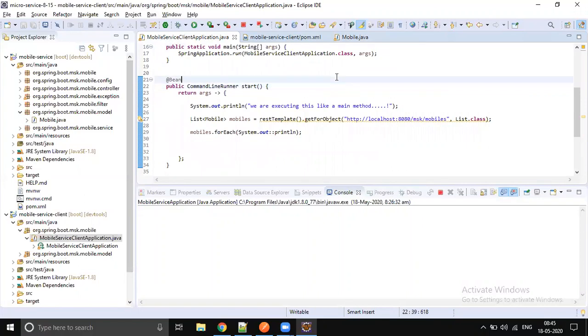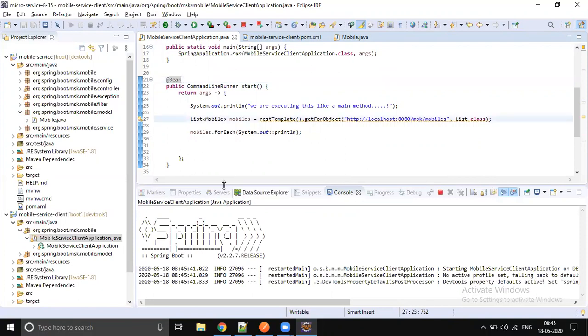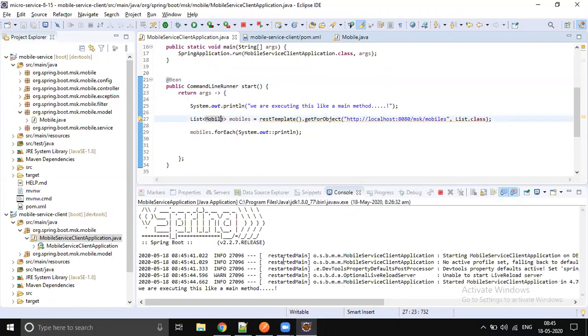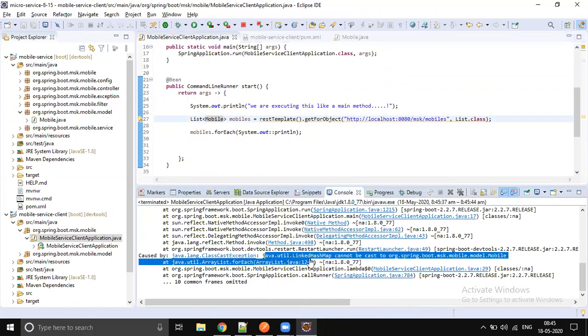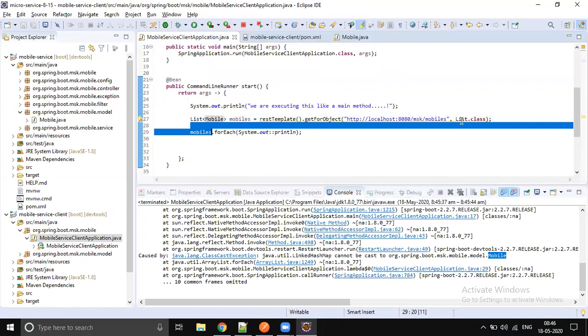Okay. Let's run this. This time it's not a raw string. It is like a perfect object. All right, we are getting a perfect Mobile object. Okay, LinkedHashMap cannot be cast to Mobile. Arraylist.java. Okay, so we need a generics version here.